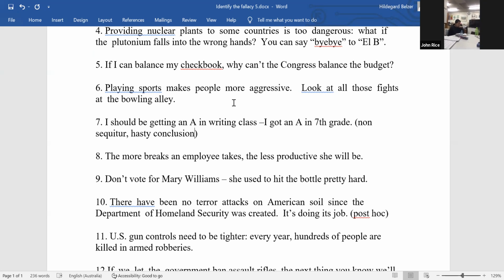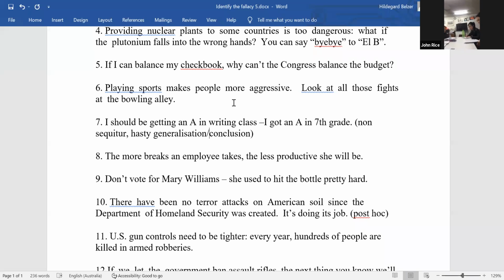Probably 7 is hasty generalization. It's using one sample to create a general rule, and one sample is not sufficient. That's why, as Keiko, you know, reviewing experimental design a lot, you have to have a certain sample size in an experiment. The larger the sample size, the more people we test, or the more animals, or the more whatever, then the more probable the conclusion.